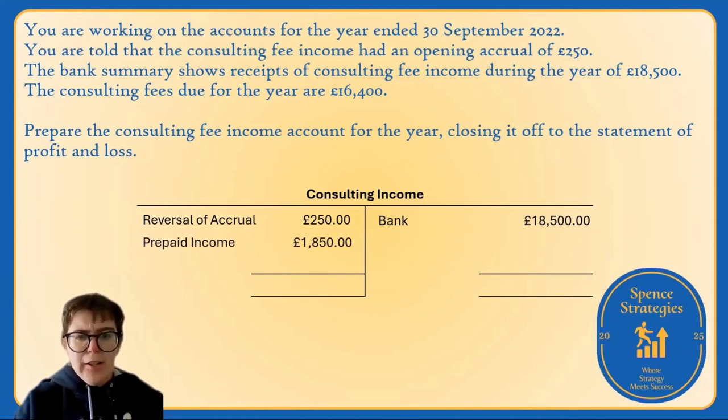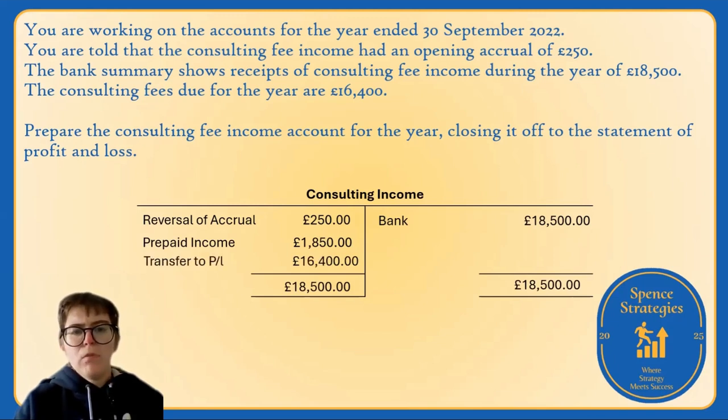My last stage here then, I've dealt with all the information I've been given. I'm simply now asked to close it off to my statement of P&L. So in order to do this, I calculate my total balance on the debit and the credit side. I take the highest of the two, which of course is my credit of £18,500. And I then find the difference between that £18,500 with my reversal of accrual and my prepaid income, which is going to give me my transfer to my profit or loss as being